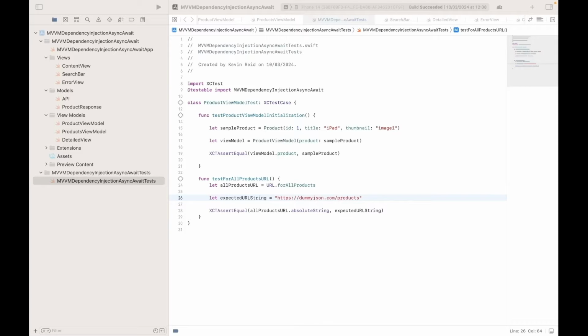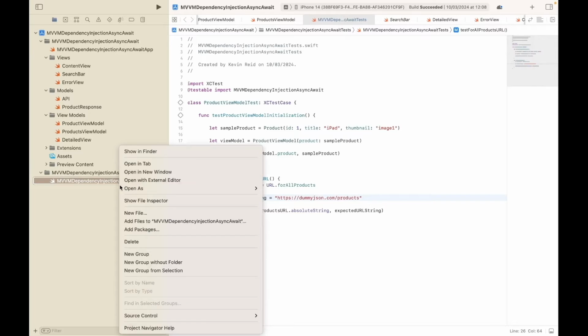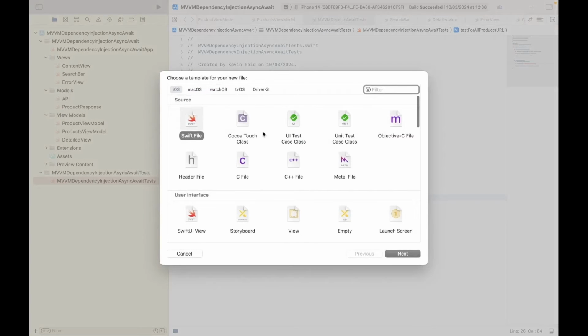In this tutorial, we will be testing the products view model to see if we can inject an array of mock products. The first thing we need to do is to create a new unit test file. So within your unit test target, create a new file: hold down the control key, left click on your mouse, select new file, and then select unit test case, click on next,